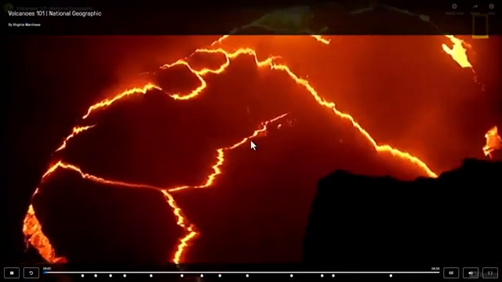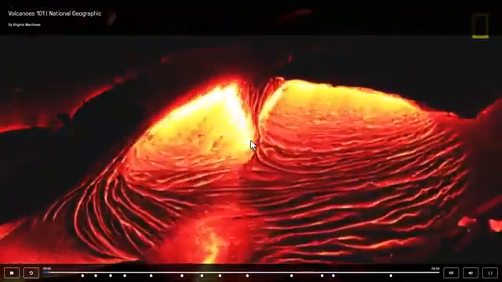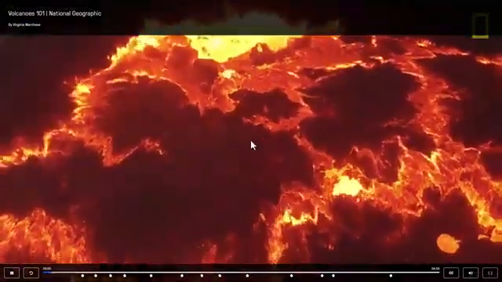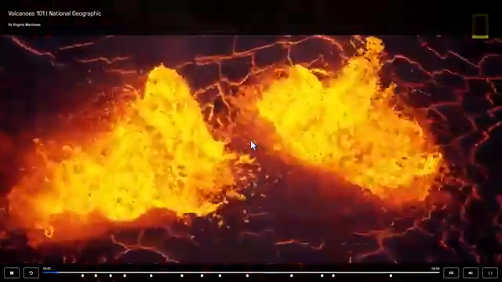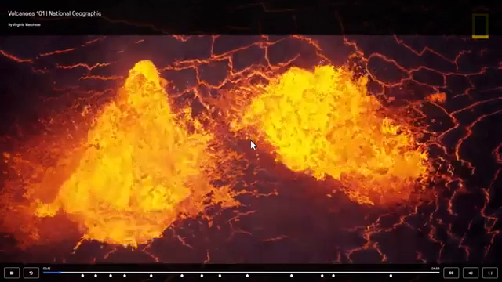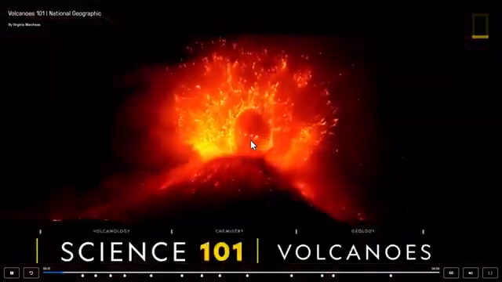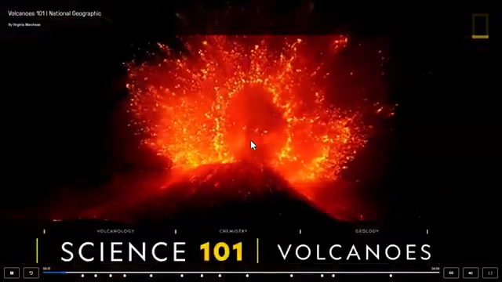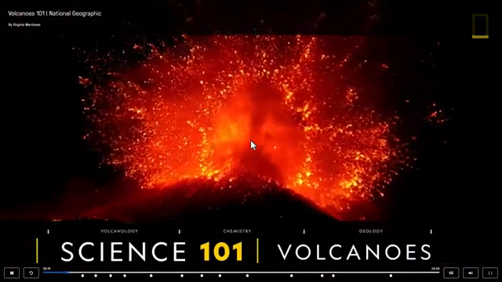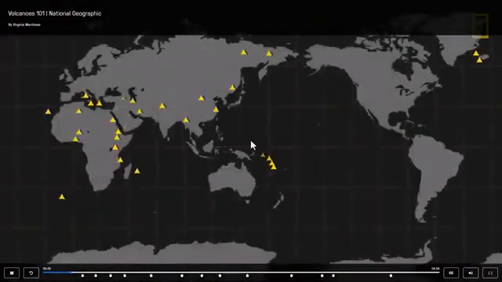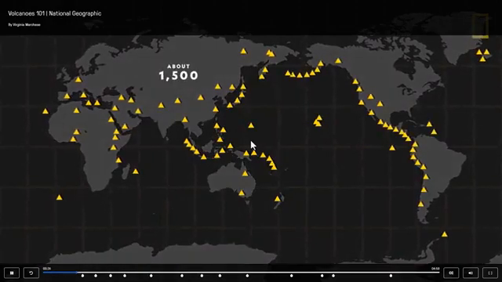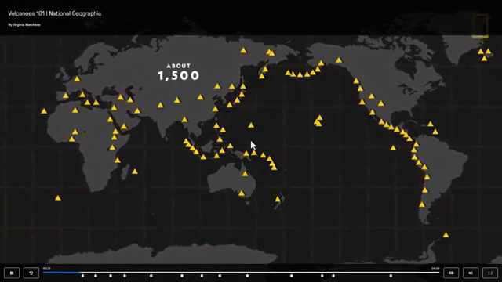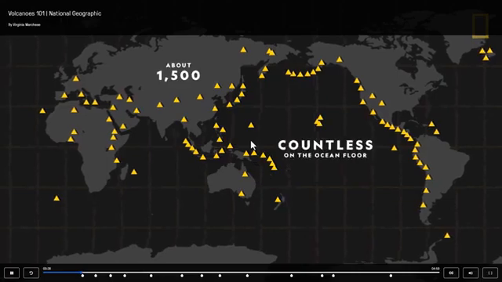Portals into the heart of the Earth. They burn. Bottomless cauldrons fueled by an ancient wrath, bubbling and boiling thousands of miles beneath the surface and just waiting to burst through. Volcanoes are scattered across the planet. About 1,500 active volcanoes can be found across the world, though countless others